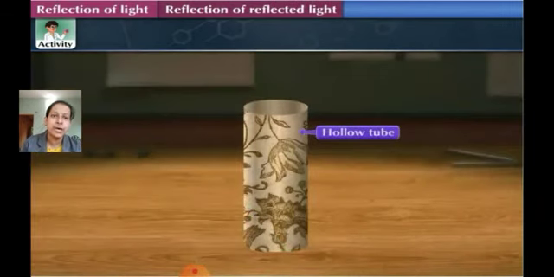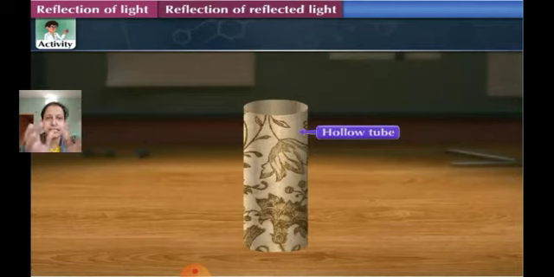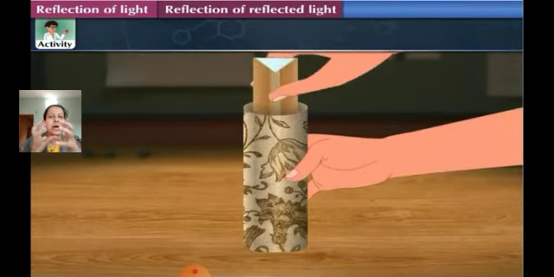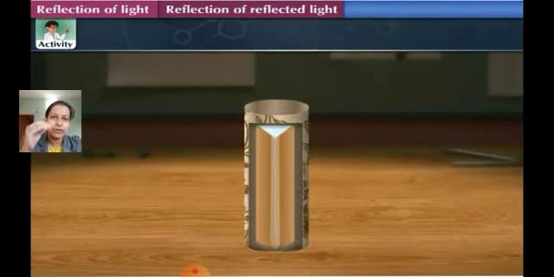take a cardboard and make a hollow tube out of it. Fold it in the manner of a cylinder. You can see a cylindrical cardboard here, which is hollow. You have to keep it hollow. Now why is this required? It's because we have to place this triangular pyramid of the mirrors inside this hollow tube. You have to make this hollow tube longer as compared to the mirrors which are placed inside.